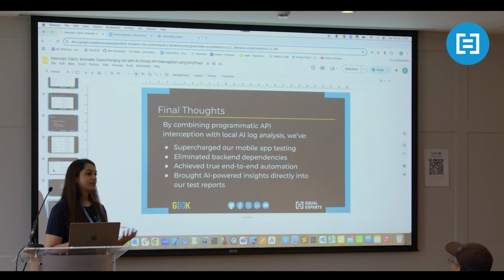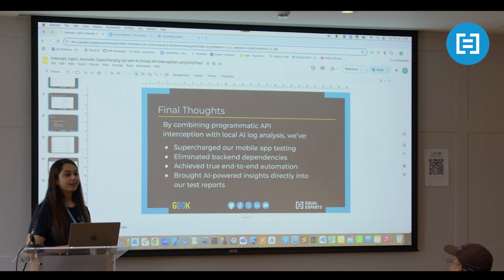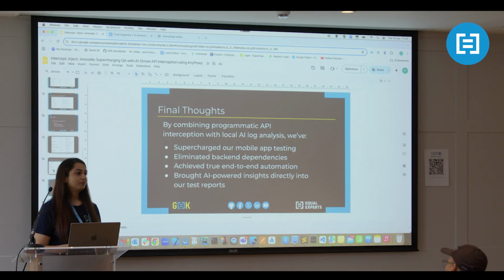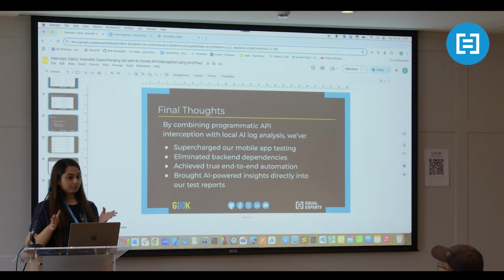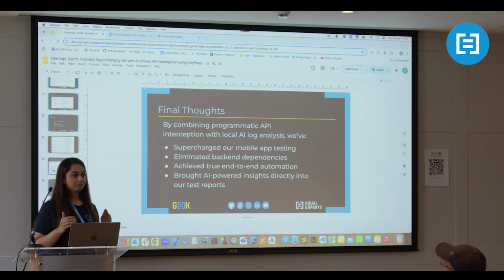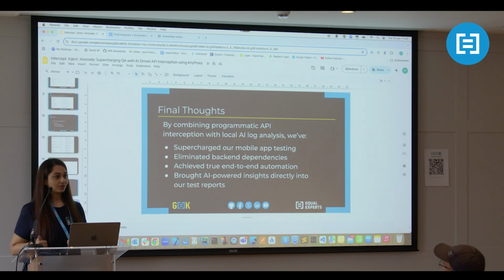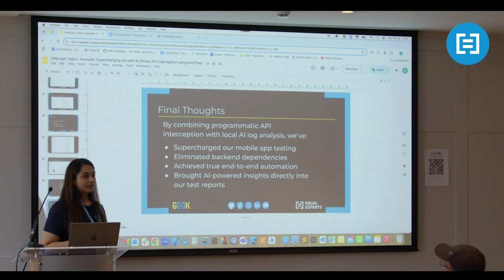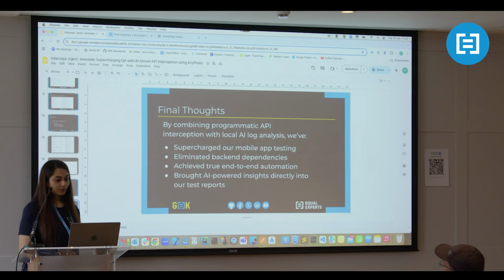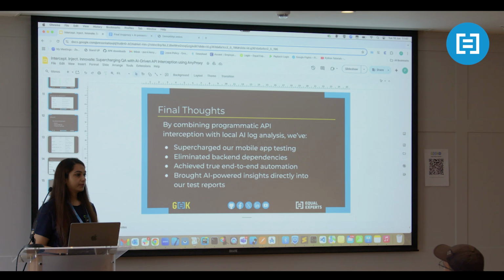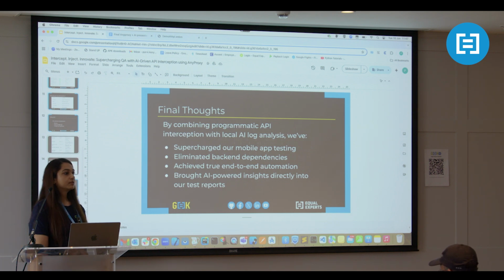So we are basically using the raw log data which normally we would have read, and instead of that, we are transforming it into some actionable items. We are asking the AI to give us some actions that we can do on the APIs that have been run. And altogether we have achieved end-to-end true automation through this.